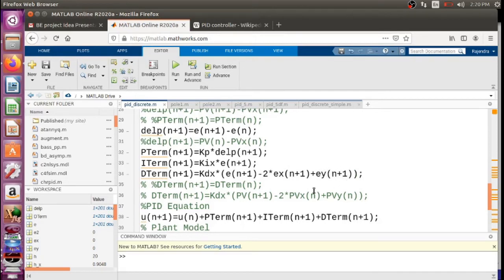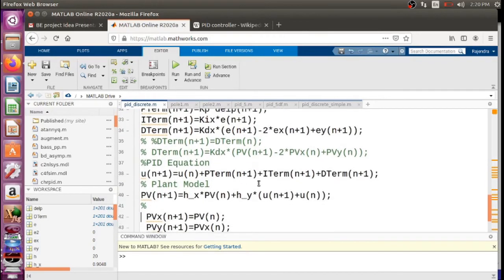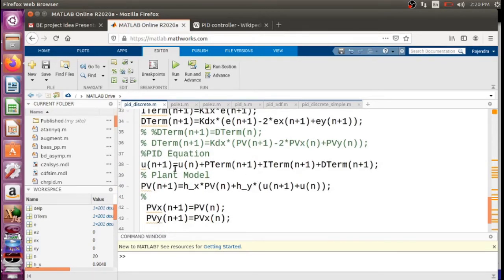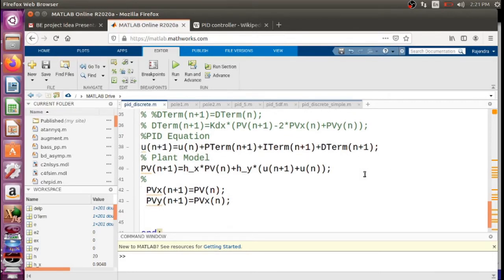This second order equation is implemented here, and at the last the PID equation is written in the current time step as equal to the previous time step u plus P term plus I term plus D term. Now this PID equation results in an output which is u.